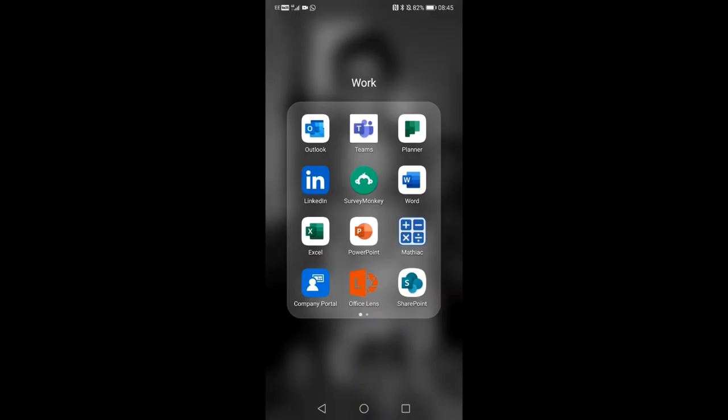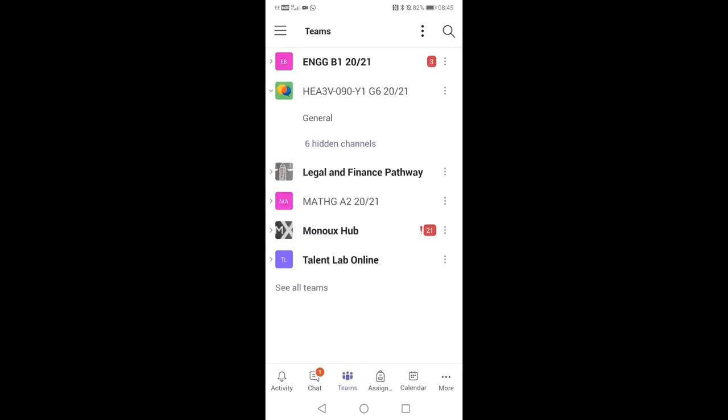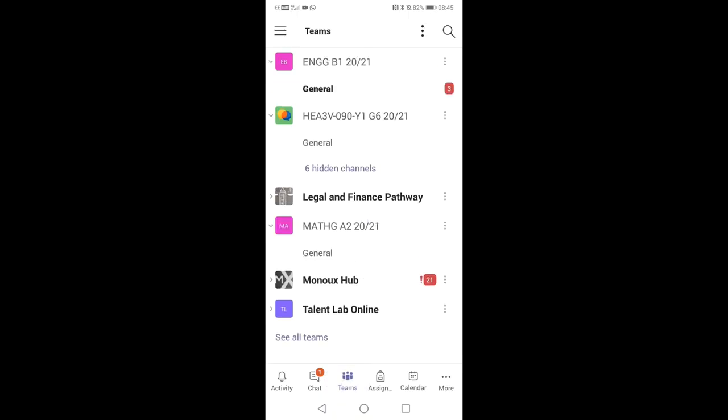So our students are required to download the Teams app, which is available on all platforms, and I'm just going to open it up here and look at a student view. So I'm going to click on Teams, and the first one you can see is they've selected Teams, and it will show you all the enrolment. So this student is on Health and Social Care, an English GCSE, a Maths GCSE, and they also have various